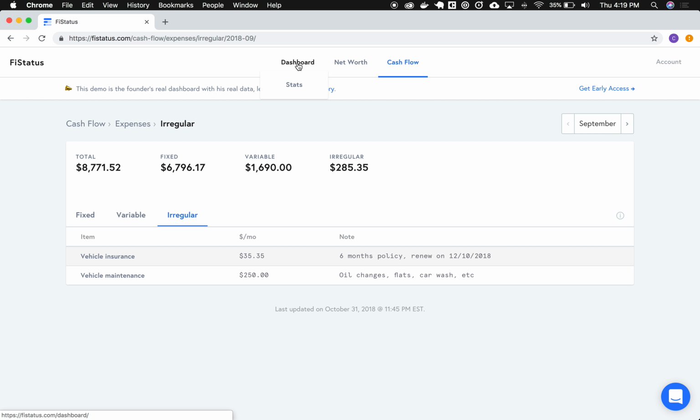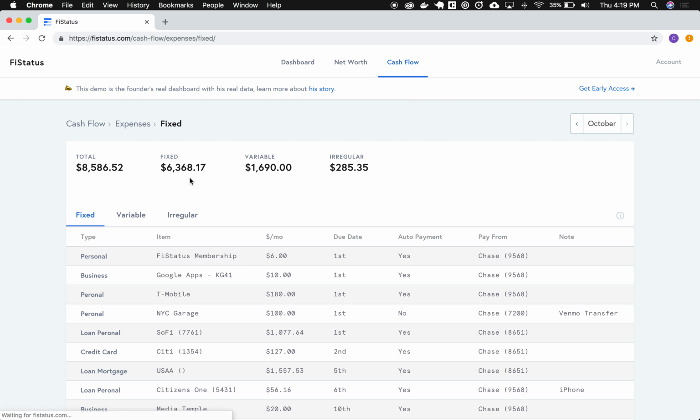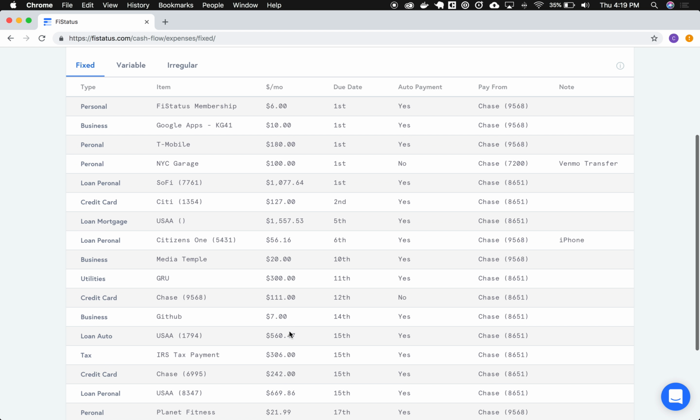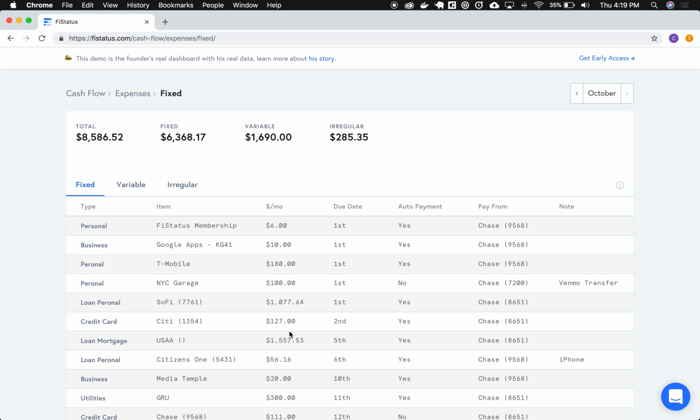FiStatus is doing, and like I said, I've been doing this before, on Google Sheets. I plan on releasing something in the future where anybody can use that for free. The problem I had was especially with expenses, where I just had trouble updating all this stuff every month, and it was driving me nuts, and it gave me a bunch of anxiety to log into all those accounts, and there are so many different passwords. So this here is just automating everything like that.